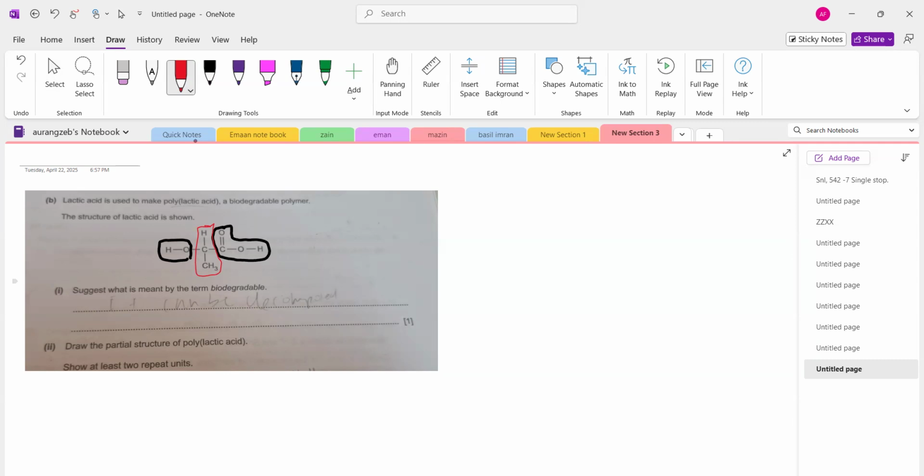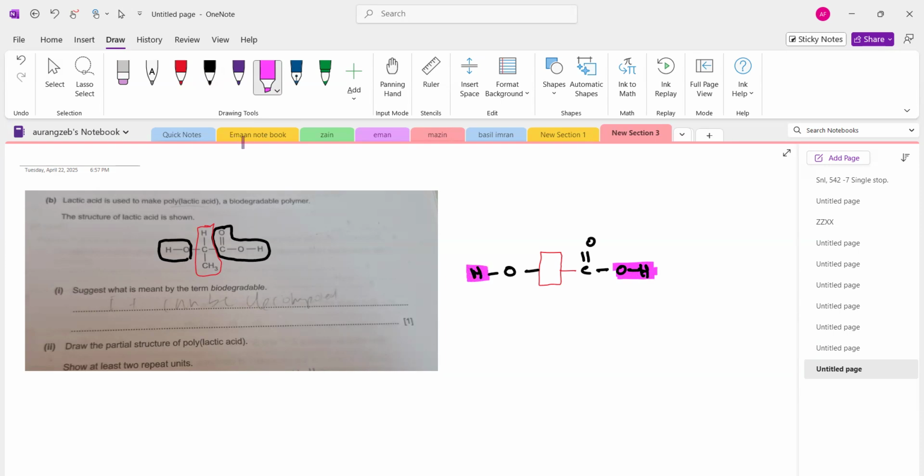You have to place that red part like this, and there is a carboxyl group here, C double bond O and H, and on the other side there is OH. So remember when you want to draw their